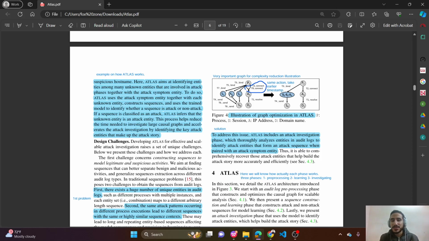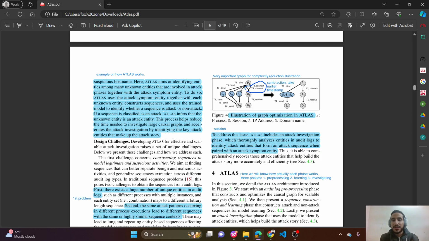So what is the difference between here and there? Here I have the same source, same destination, and same action, but the difference comes in the time. So I will discard the late event, and I'm going to take into consideration the first early event, which is T2, not T9. And here I will discard the three edges and I will minimize them to one edge, but